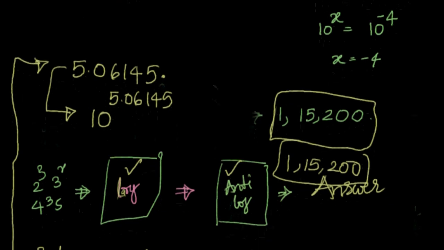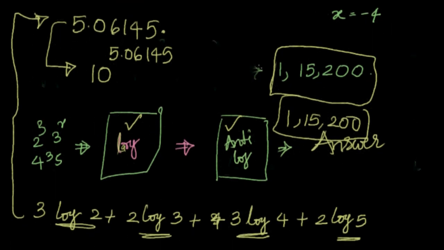As I said earlier, with the help of logarithms, you are converting your multiplications and divisions, which are very complicated, into simple additions and subtractions. Suppose I have to find out 2 cube into 3 square into 4 cube into 5 square. This is simple, I have taken. Imagine that this is 2 to the power of 334, 3 to the power of 123, 4 to the power of 356 and 5 to the power of 386. See here, that is very complicated for even a calculator.